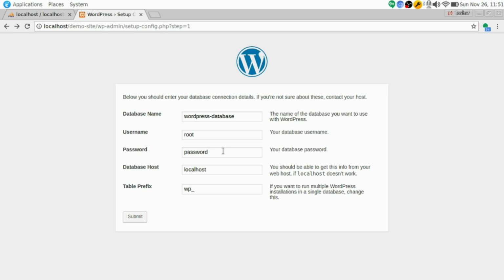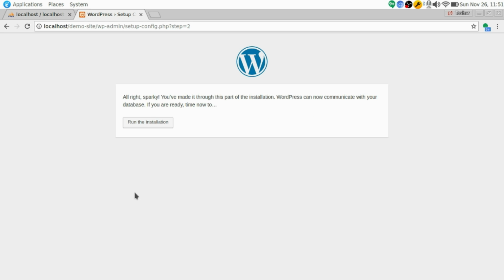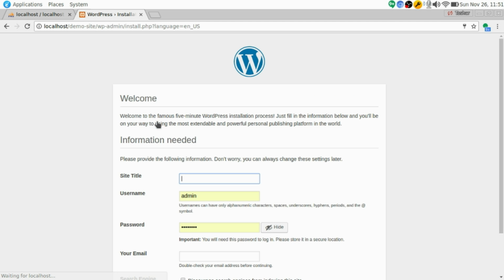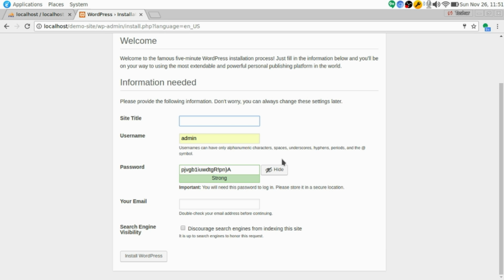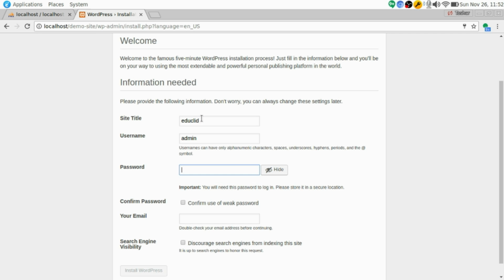So we'll do it again. Wow, see, run the installation. So here we have to fill some information about our site. So let's give some title to this site. I will give educlid. Username you can use anything actually, and the password make it some strong password. Use some strong password, like I'm going to use